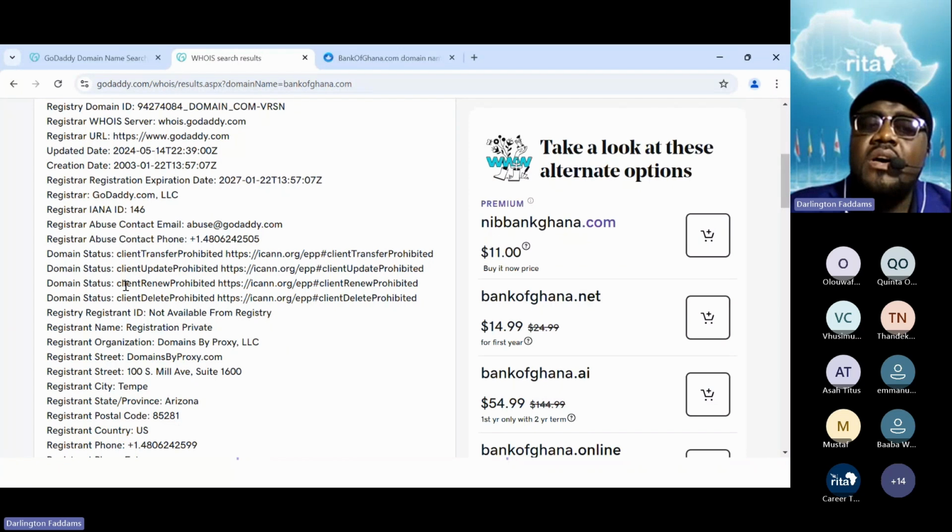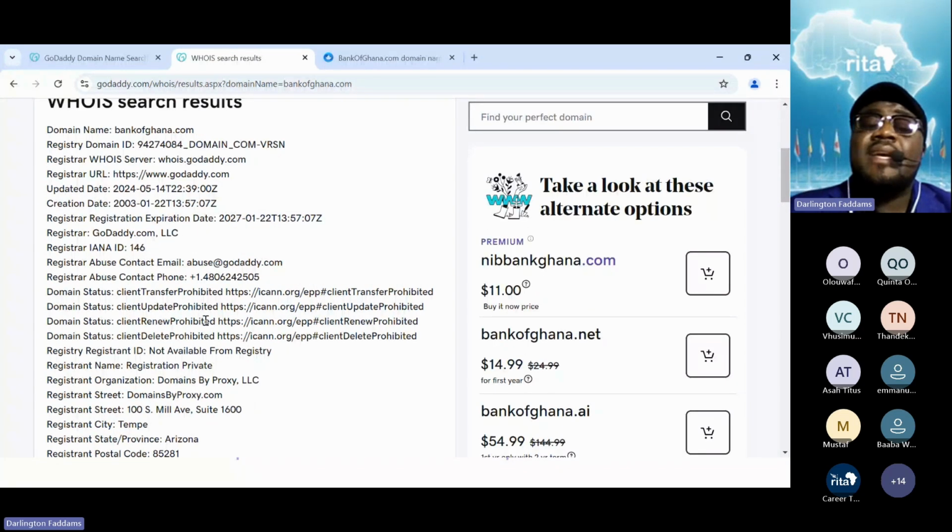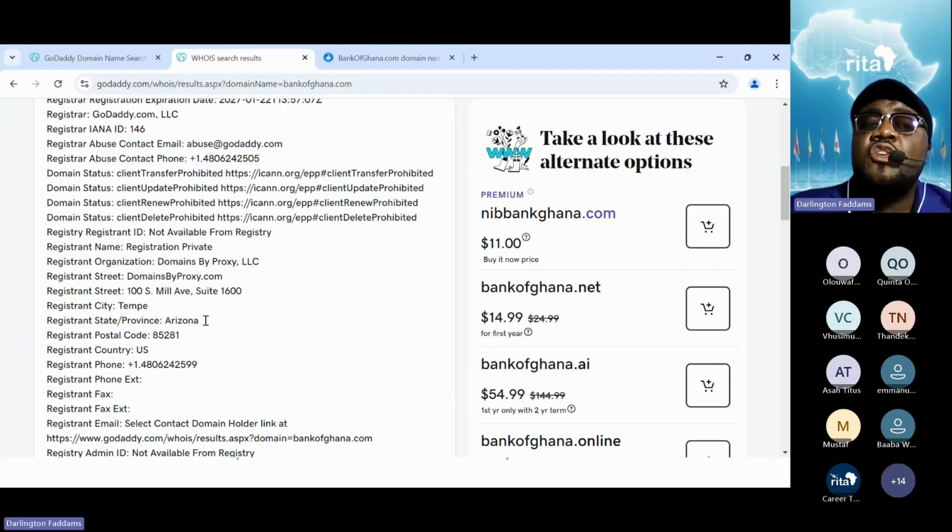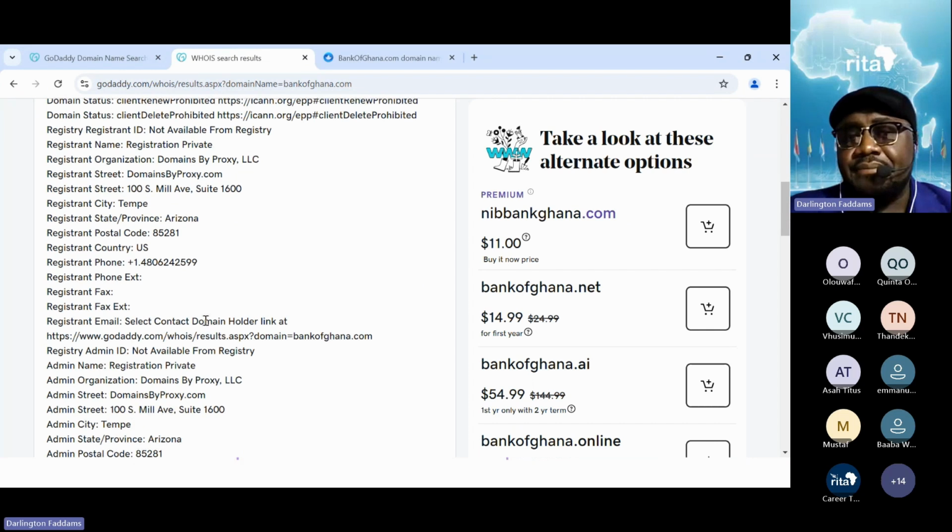Now, there's nothing wrong with your details showing. Who is a database that shows everyone who is behind every domain name. However, it is possible to decide that nobody should know that I am behind this name. If you want to do that, then you buy privacy. Privacy is for sale.